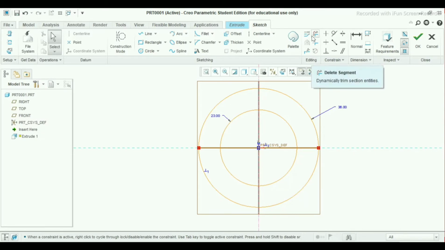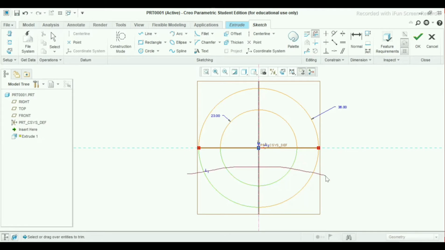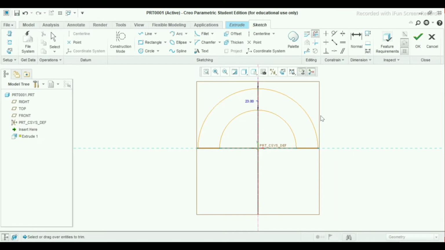Use now delete segment in the editing section. Delete this half circle. Press the scroll button. Now our dimension has gone, so I will go through it. In the dimension section select normal, select this arc, left click and then press scroll button.